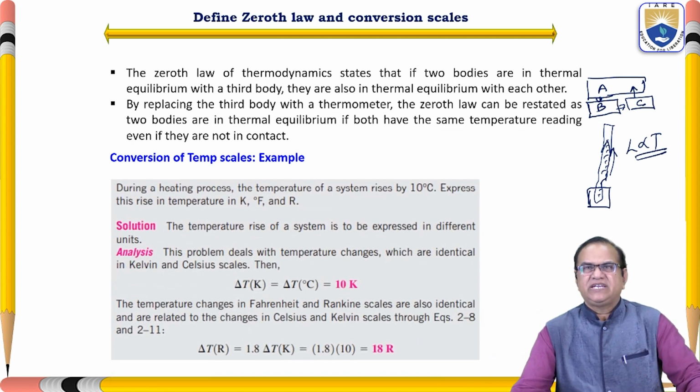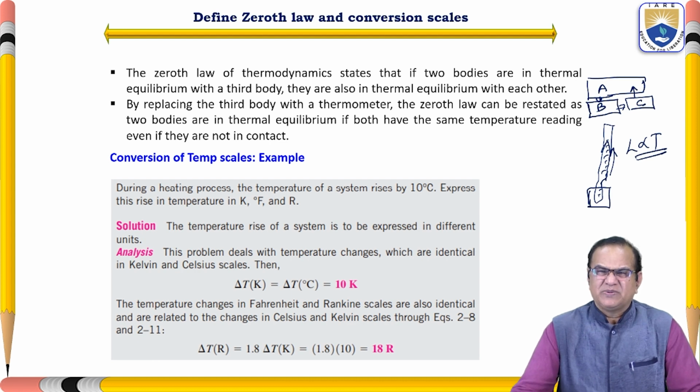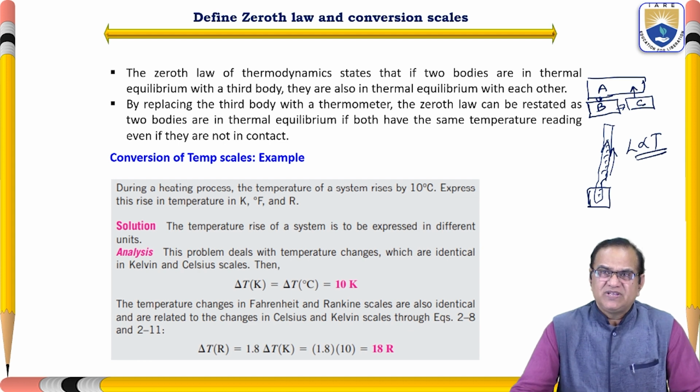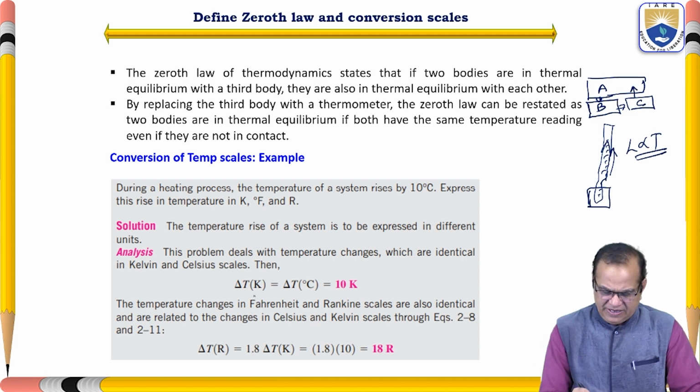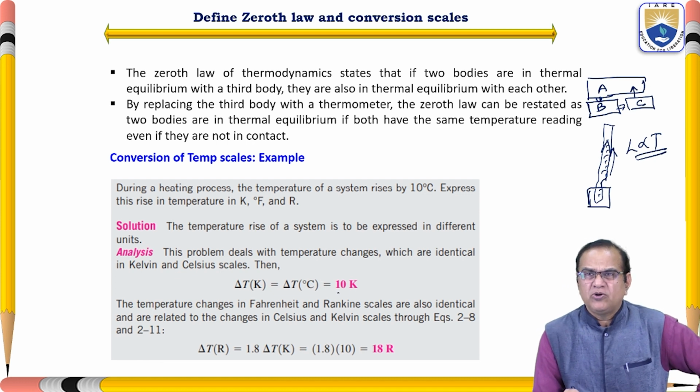During a heating process, the temperature of a system rises by 10 degrees centigrade. Express this rise in temperature in Kelvin, Fahrenheit, and Rankine. So this temperature rise of the system is to be expressed in different scales. This problem deals with temperature changes, which are identical in the Kelvin and Celsius scales. Then delta T in Kelvin is equal to delta T in degrees centigrade. So 10 degrees centigrade is equal to